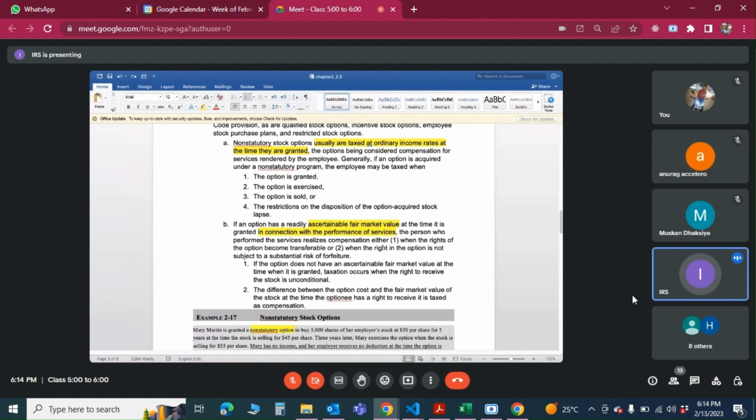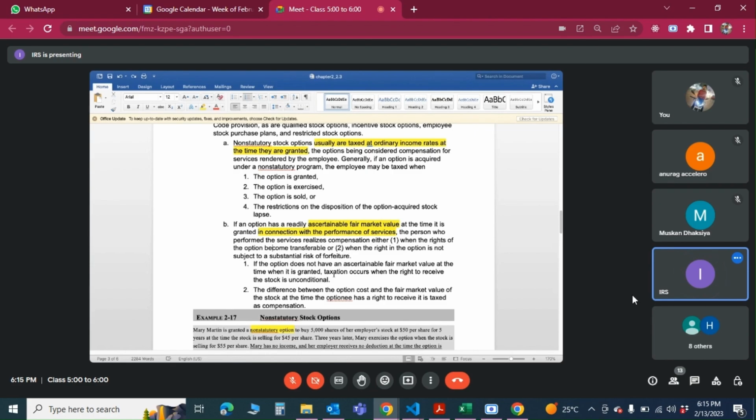So we always have to see what is the difference between what a third party would be buying at, $100, and what an employee is getting it at, $20. What is the difference? $80. So that $80 becomes a compensation because it is directly related to performance of service. Because you're an employee, they're giving you a discount. So it's a kind of compensation income. Compensation income, salary income, will get taxed at a very high rate, maybe the highest rate, ordinary income tax rate.